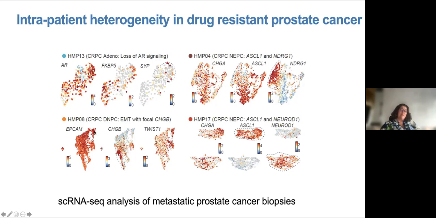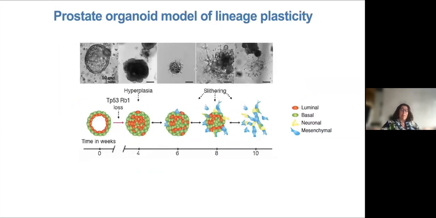Particularly within each patient, we saw heterogeneity in AR expression. That's the target for the drug, even though these are all supposed to be drug resistant, as well as heterogeneity in expression of even different transcription factors that drive many neuroendocrine cell types, an A or an N subtype. So we decided, okay, we have to understand this plasticity. Looking at the clinical samples is too complex. Let's try and look at simpler models.